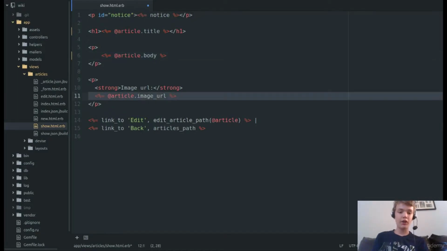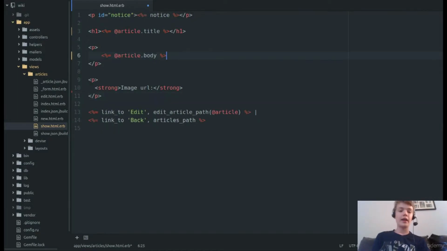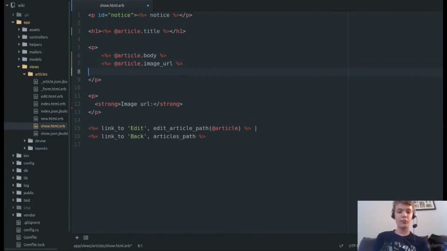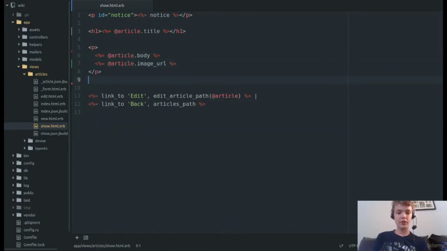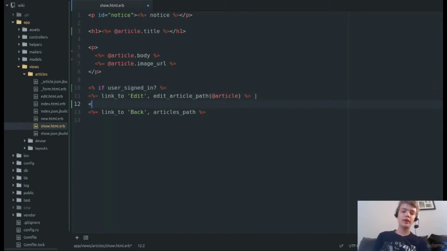Sweet. Now I'm going to copy the article image URL and paste it into the article body p tag. Let me properly indent this. Alright, great. And I'll also delete this image URL stuff. And now, if we save it, I'm going to wrap the edit tag so that only a signed user can edit something. So if user_signed_in?, we close that off, and then end. So it will only show if the user is signed in, so that only a signed in user can edit,